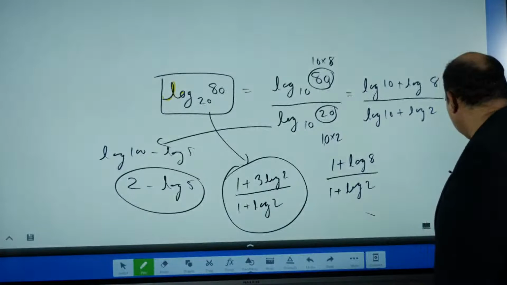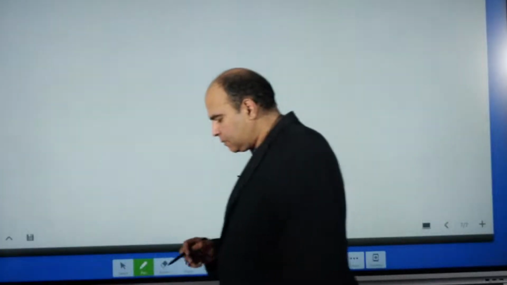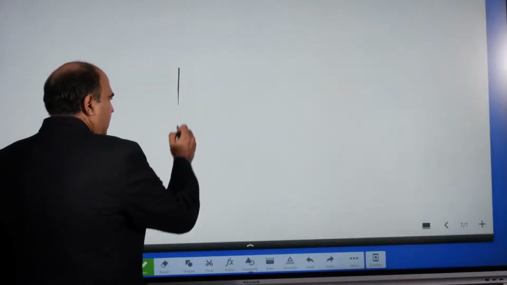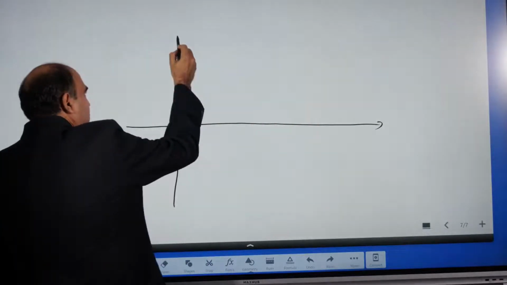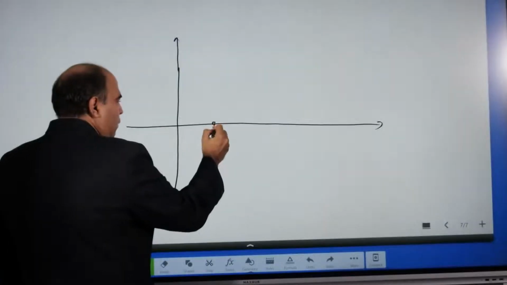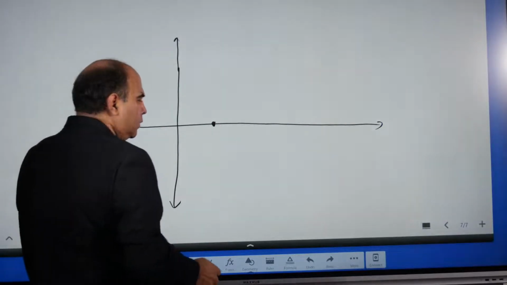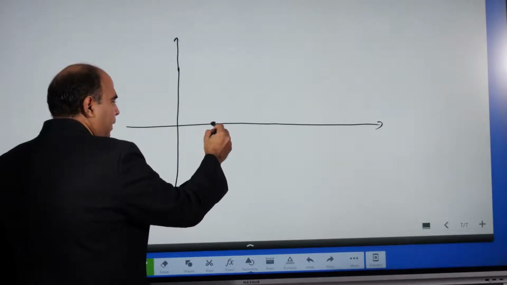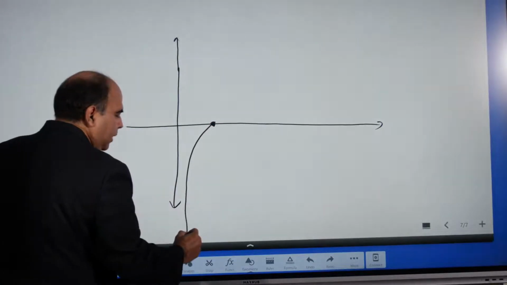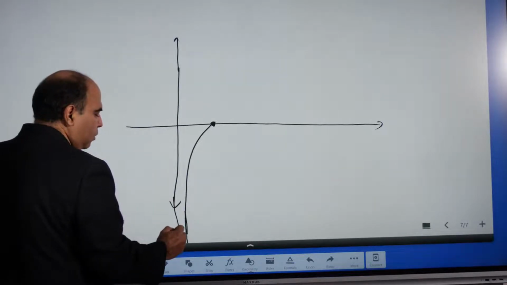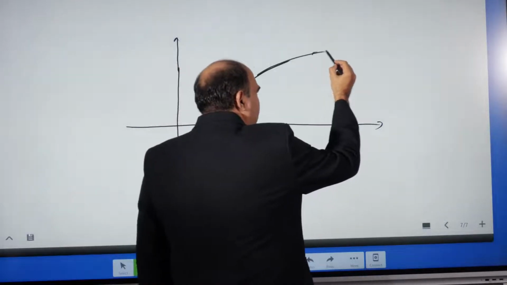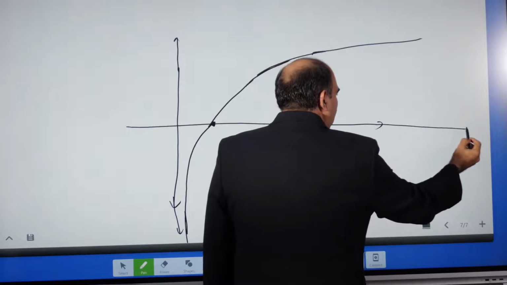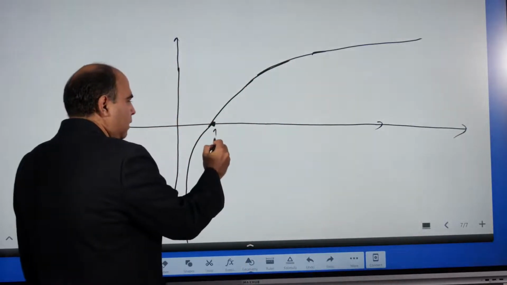Couple of small things further. I mean, this is not a small thing. The next thing you need to understand and know is the standard logarithmic curve. The standard logarithmic curve always goes in this fashion. As we know, log 1 to any base is 0. So the curve will have to be here, and before this it's asymptotic to the y-axis, and here it goes faster and then keeps flattening out as it keeps going ahead. This is the logarithmic curve, and this value is always 1. Log 1 is always 0.